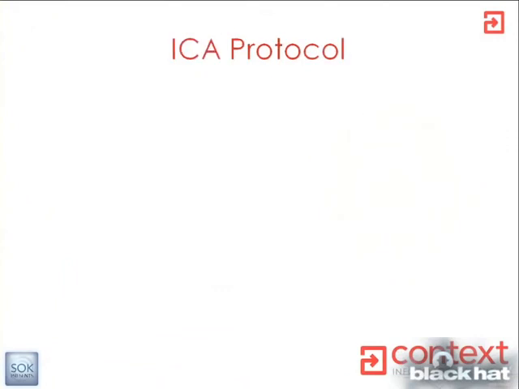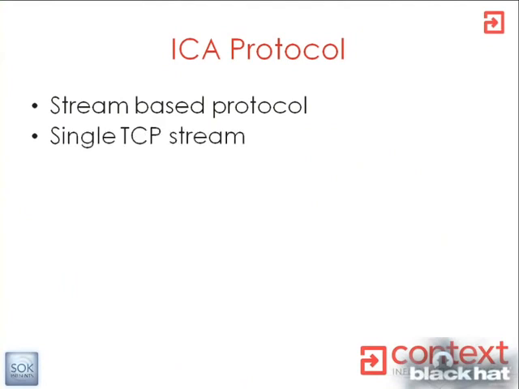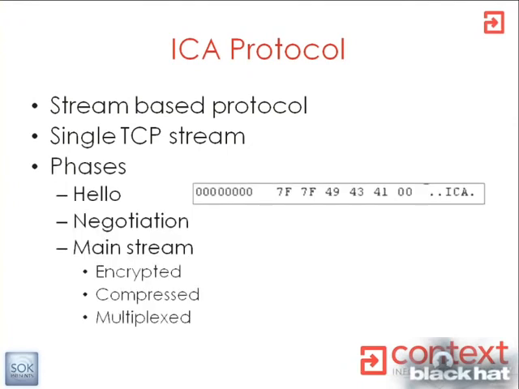So now we're looking more into the ICA protocol. So now we can see what's going back and forth. And now we start to wonder what's actually going on inside it. It's a stream-based protocol. It's one TCP connection that goes out, and everything's sent across the actual single TCP stream. So looking through what James was pointing out there, the different binary stuff, we'll see there's three